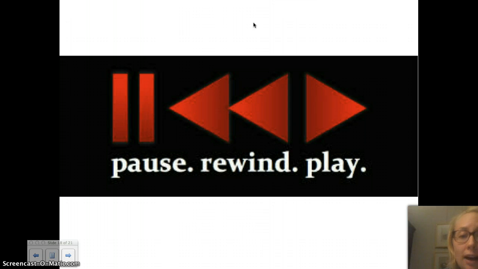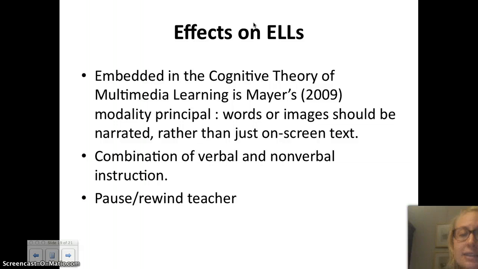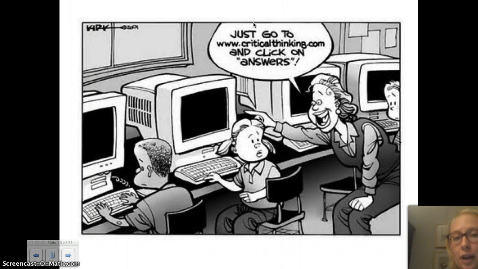So students are able to pause, rewind, and play the videos, which leads into the last important piece with the flipped classroom: an increased level of engagement and understanding for English language learners. That pause, rewind, and replay the teacher piece is huge for students who come in with low content level confidence. In addition, English language learners benefited in my class, and I know in other classes, from having the combo of both verbal and nonverbal instruction.